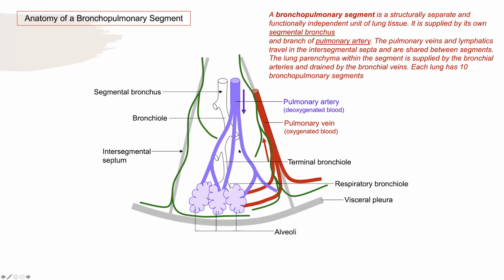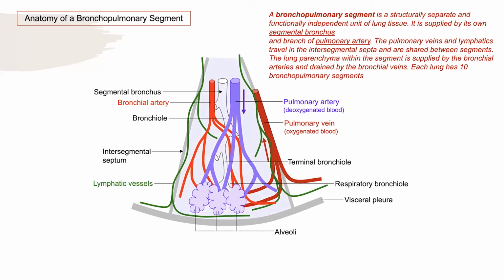Guys, this is really, really important. If somebody asks you a question from the lung, if you don't ask about a bronchopulmonary segment, it means he's not asking about the lung. So you need to be that much prepared for this structure. Now these are the lymphatic vessels, and what is this? This is a separate thing. We didn't talk about it yet. This is my bronchial artery, the artery which brings blood for this lung tissue to survive. Bronchial artery. And then we'll have bronchial veins as well. Are we good so far?